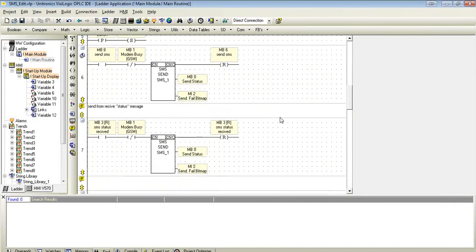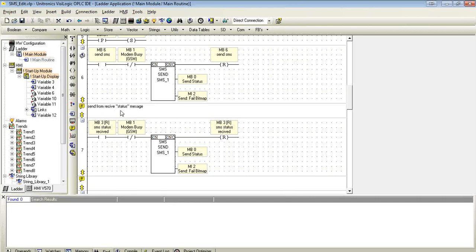Now I mentioned before, we can have the PLC send an acknowledgement, basically repeat my text. So whoever I send it, it will repeat it back to me. We also have the option of doing an educated response. So I want to request some information and have the PLC send it back to me. So for this example, if I send the word status to the PLC,